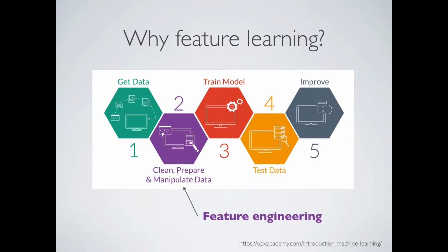We're going to go to some examples of how this actually happens in practice, but why do we need to do feature learning in the first place? That's where this graph comes in. This is a very highly simplified workflow of a machine learning predictive analytics model building workflow. You start with some data, and you start with a problem. You don't just start with data, because you need somewhere to go with the data. You start with your data and your problem, and you have to clean that data, because not all data sets are going to be the nice, pretty, clean data sets that you get from UCI to build a machine learning model on.